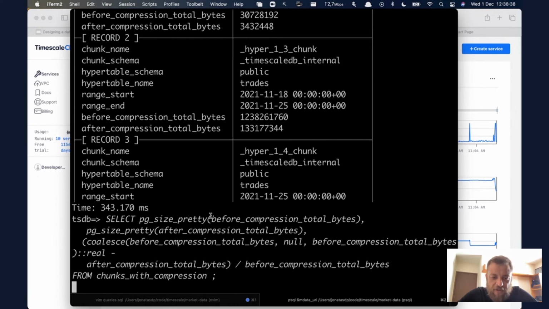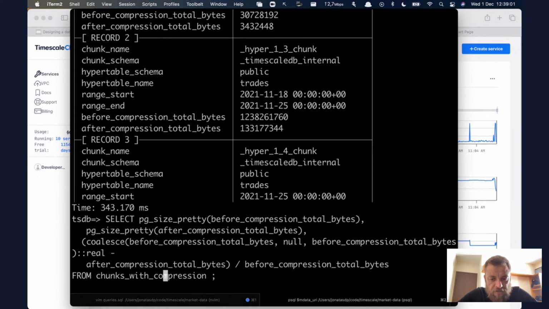As you can see, I'm using this to just show the megabytes, and I'm also getting some formula here to check the percentage status. So if the before compression status is okay, I will use it. Otherwise,